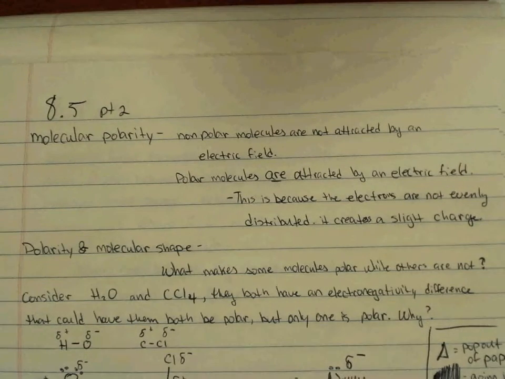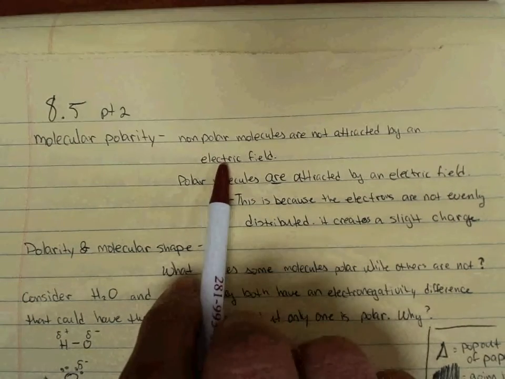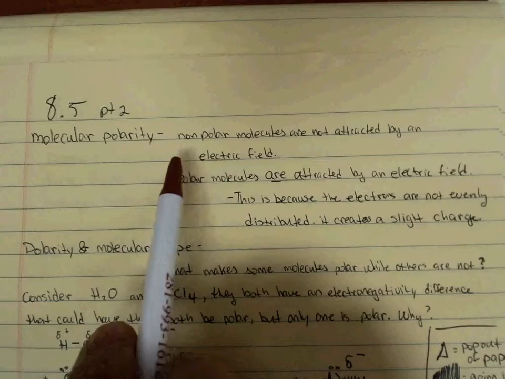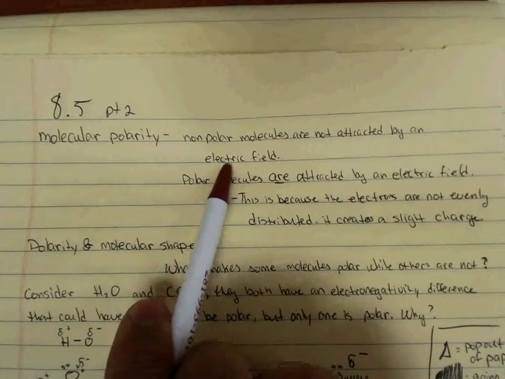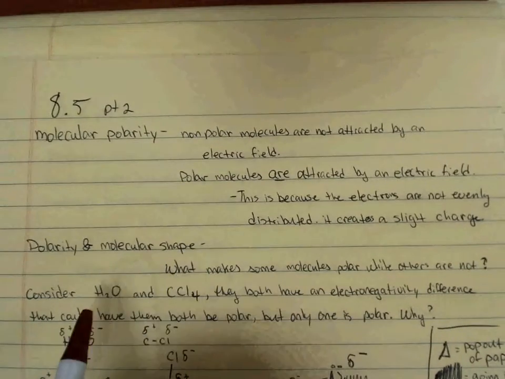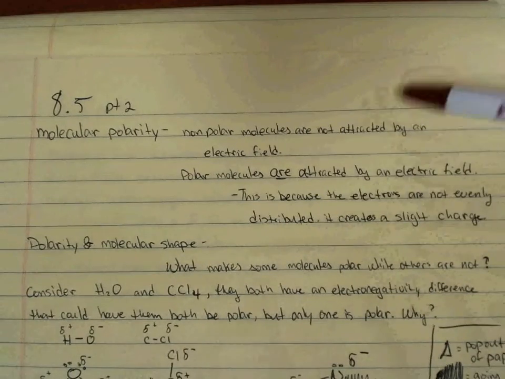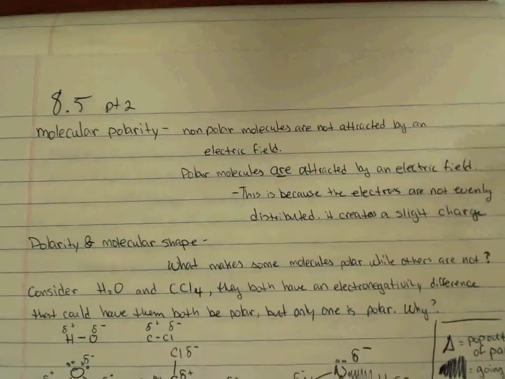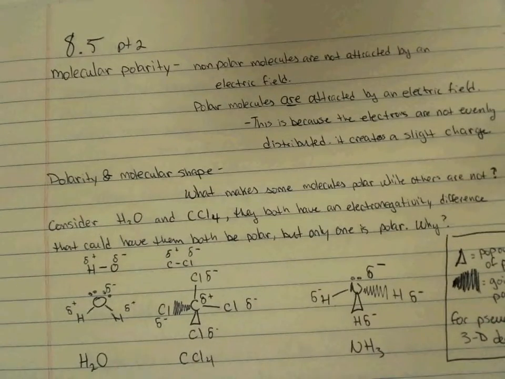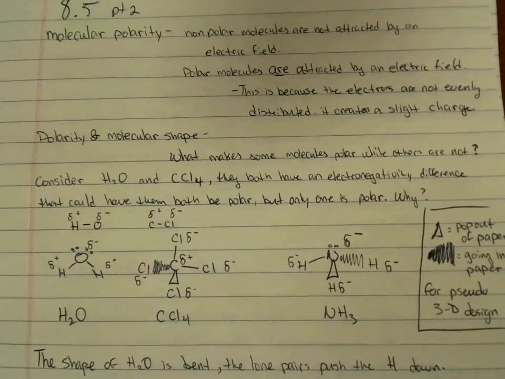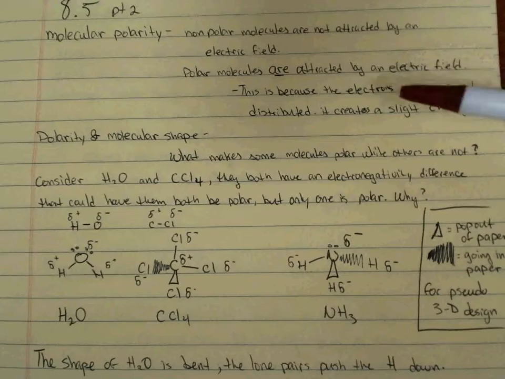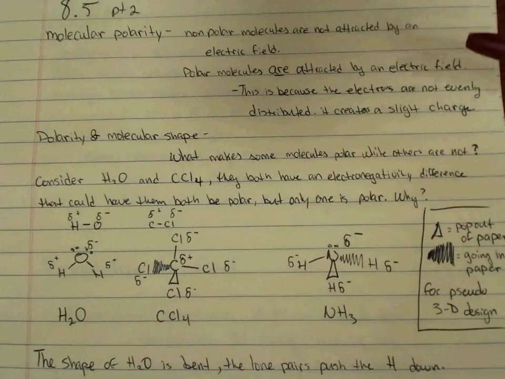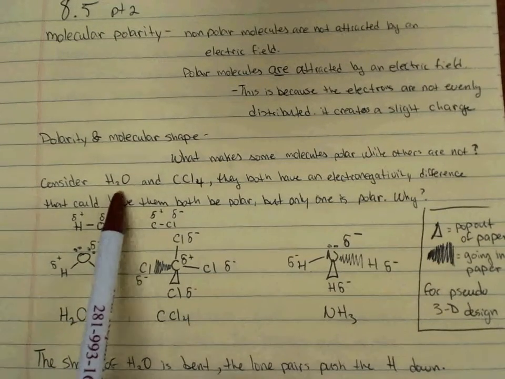Let's talk about molecular polarity. Non-polar molecules are not attracted by electric fields, whereas polar molecules are attracted by electric fields. This is because the electrons are not evenly distributed, and it creates a slight charge. So what does polarity have to do with the shape? We just talked about shape. So how come some are polar and some are not? Let's consider water again,